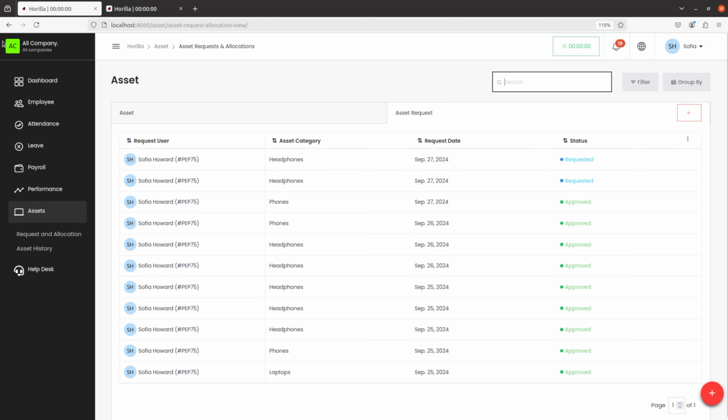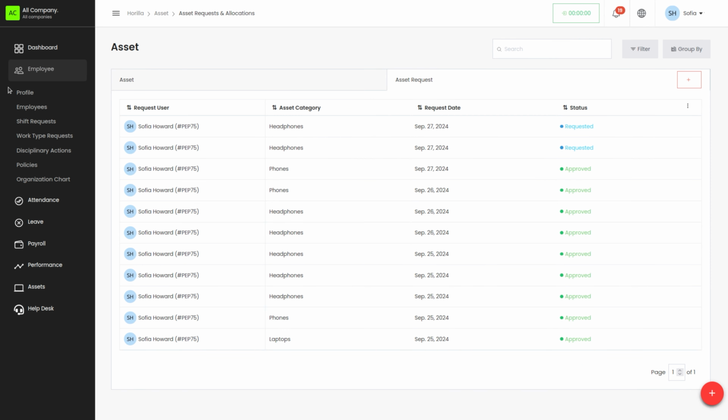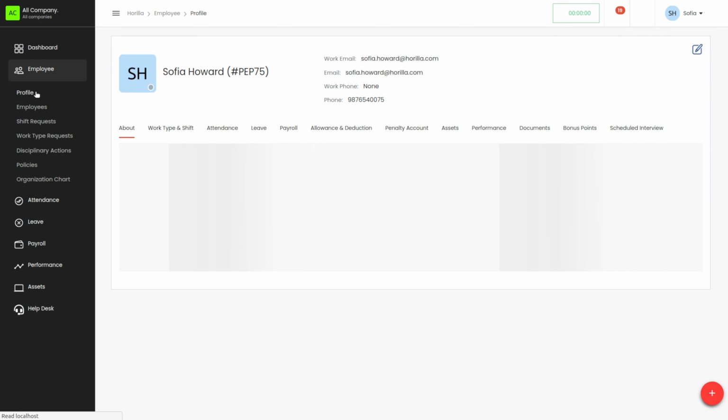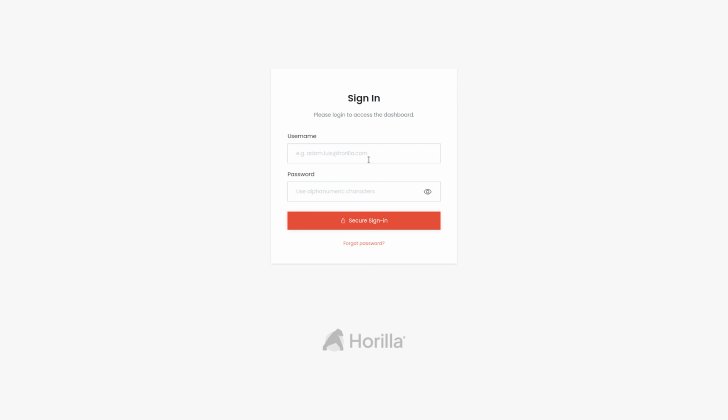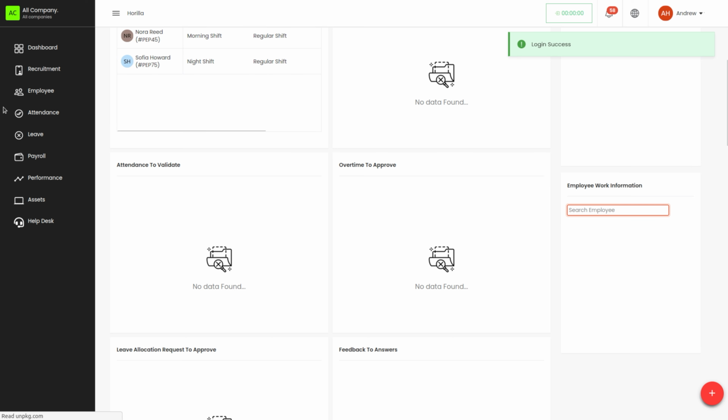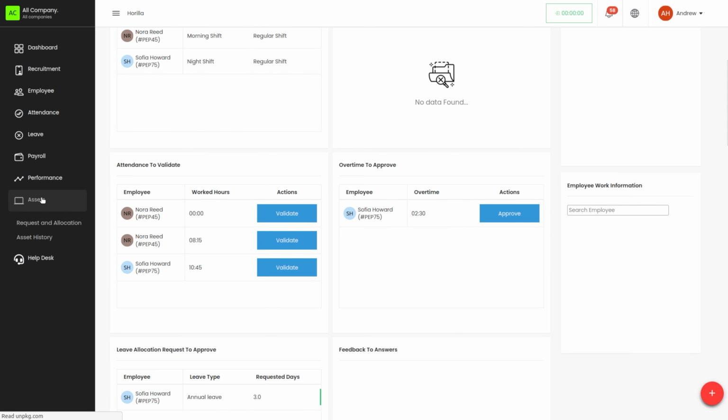Here we can see that under the employee portal, let's go to profile. From here, we can view that the reporting manager for Sophia Howard is Andrew Hayes. So let's go to Andrew Hayes' profile. In his profile, we can go to the assets module, and he has access to only the request and allocation and the asset history.